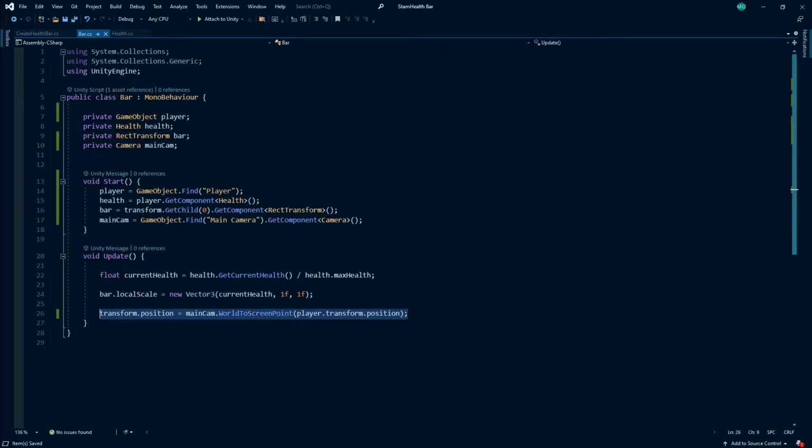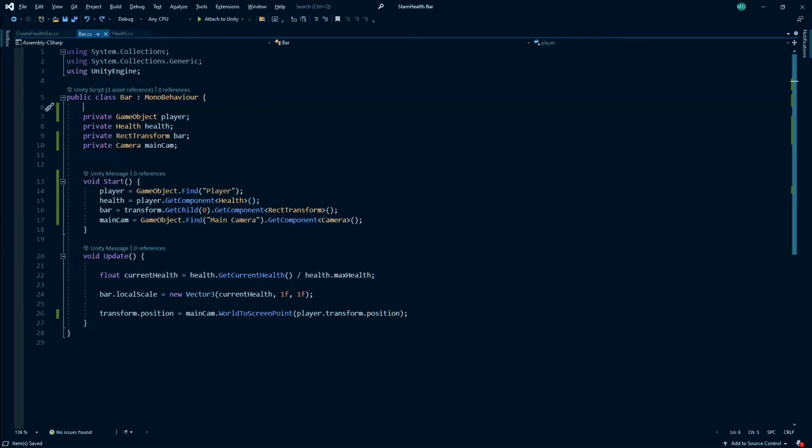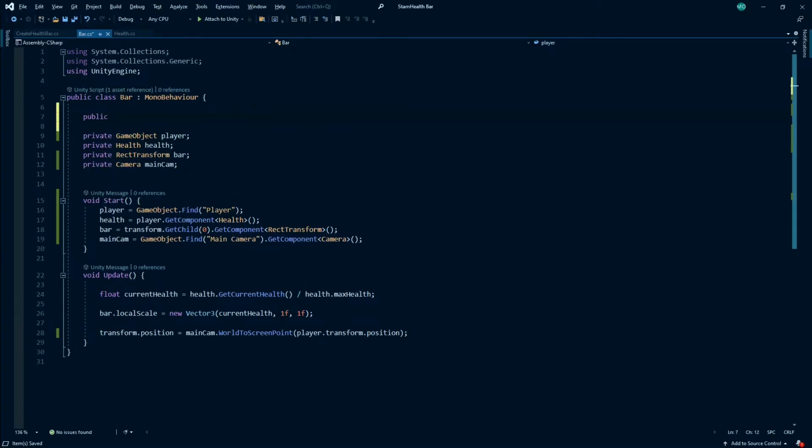So this line alone already follows the player, so let's go ahead and check it out in our project. As you can see, we have our health bar game object created, and if we move around, it follows our player. However, we don't want our health bar blocking our player. We want it offset, maybe a little bit above it. Back to our script, we do public Vector3 offset,